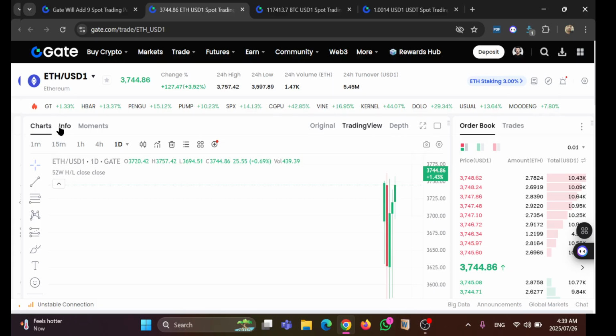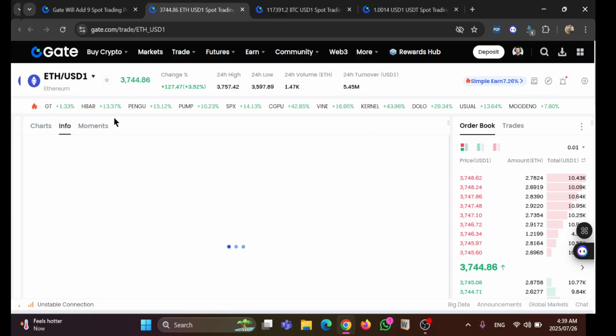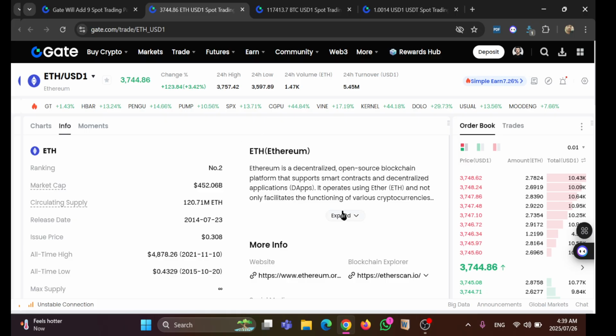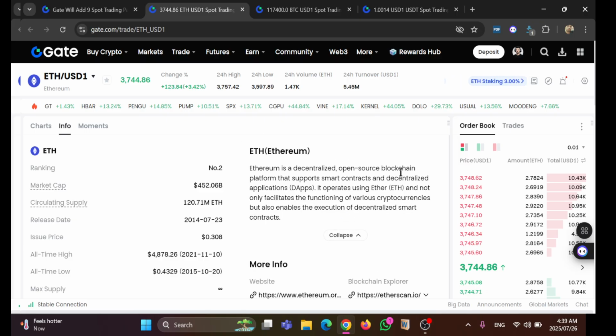And let's see the information about Ethereum. Ethereum is a decentralized open source blockchain platform that supports smart contracts and decentralized applications. It operates using Ether ETH and not only facilitates the functioning of various cryptocurrencies, but also enables the execution of decentralized smart contracts. It is ranking number 2, and its market cap is